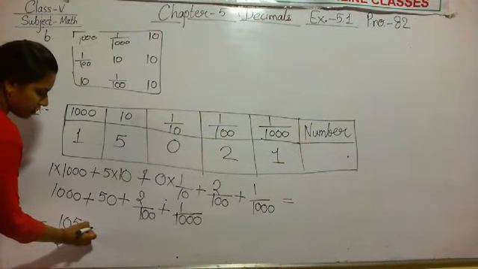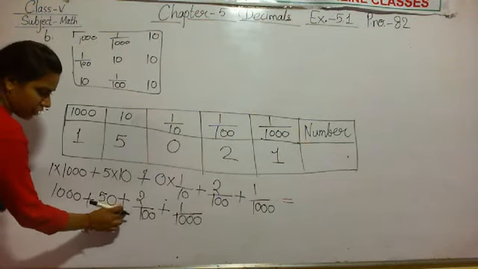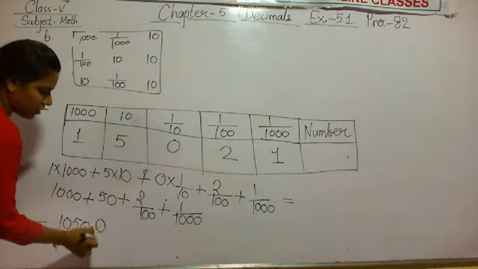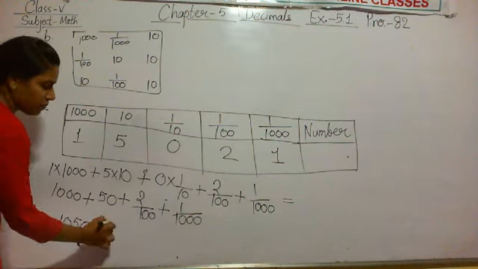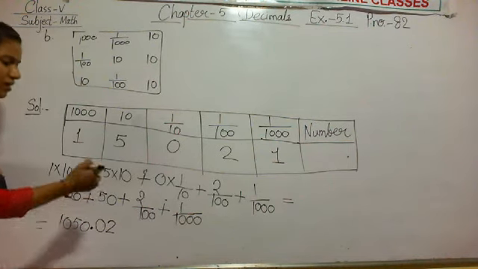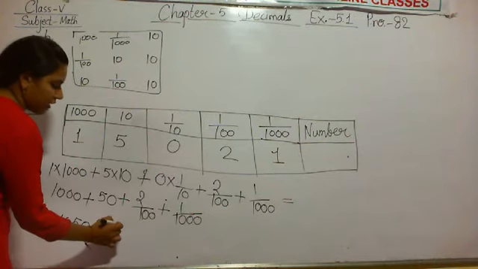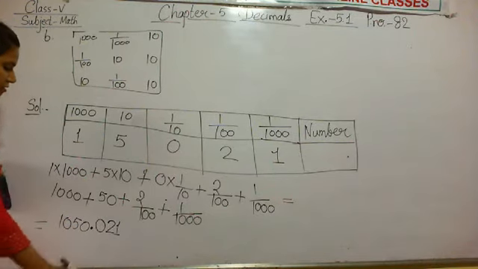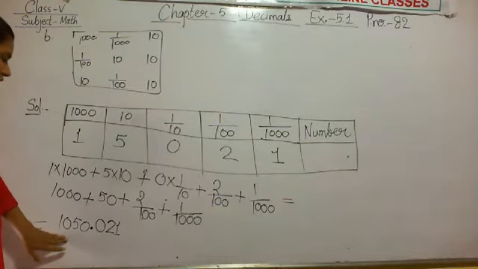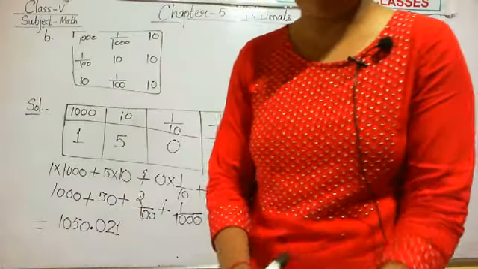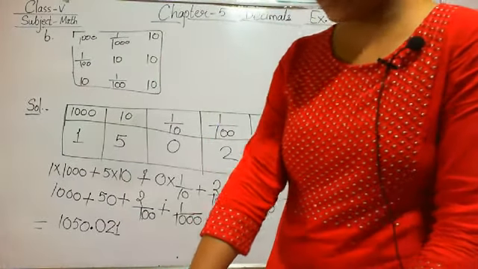After the decimal, no digit is at the 10th place, so I will put a 0. Then write 1 at the 1000 place. So my number is 1050.021. I got my number as 1050 plus